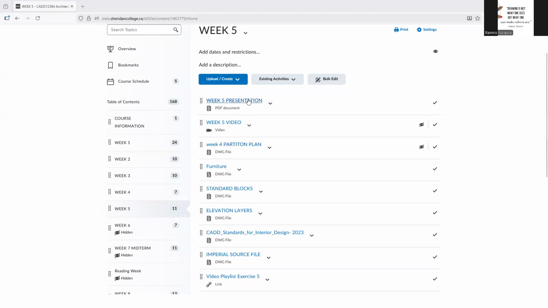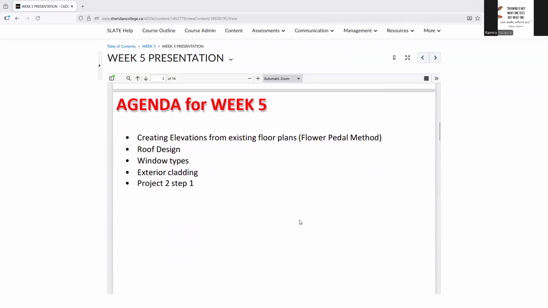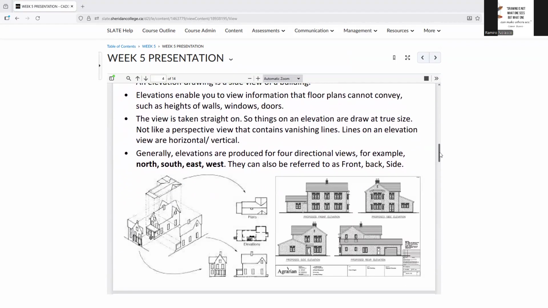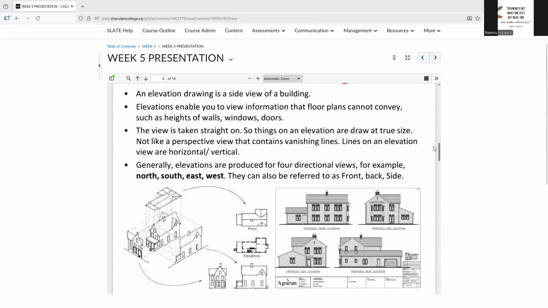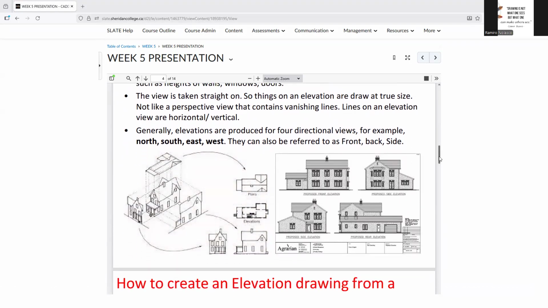Okay, so week 5, we're doing the roof exterior cladding elevations, using the flower petal method. What's that? If you look at elevation, you're looking at the side views. We've been doing the floor plan, and from the floor plan we can project so that we look directly to the side view,